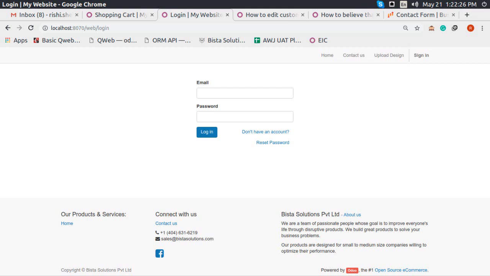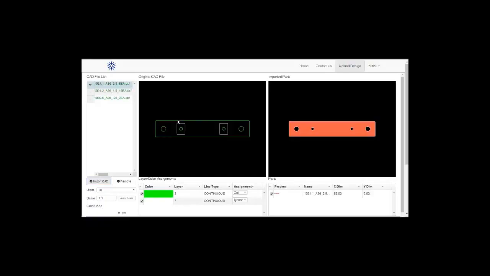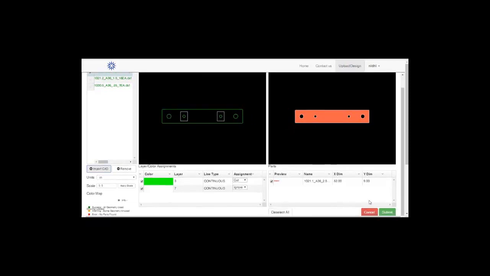This is the website module of Odoo. Here we will demonstrate how our clients and customers log into the website and generate quotations. This is the importer screen, where the customers will upload his or her computer-aided designs. By pressing the Submit button, various parameters like cut length, entry points, and dimensions of product are passed into Odoo's